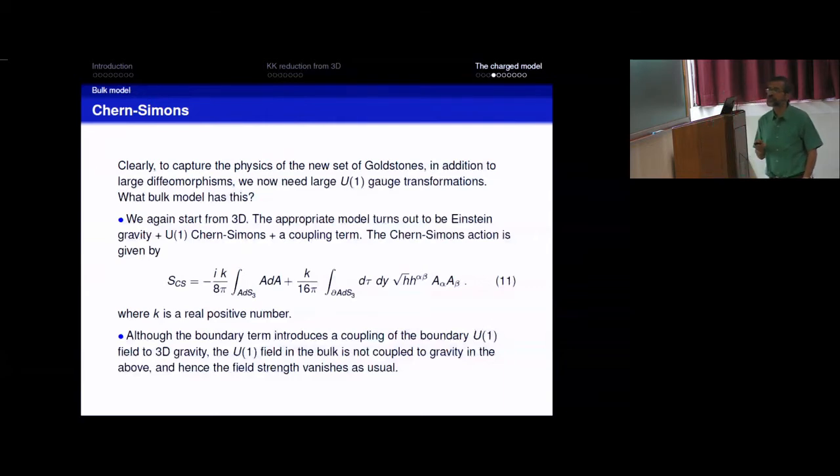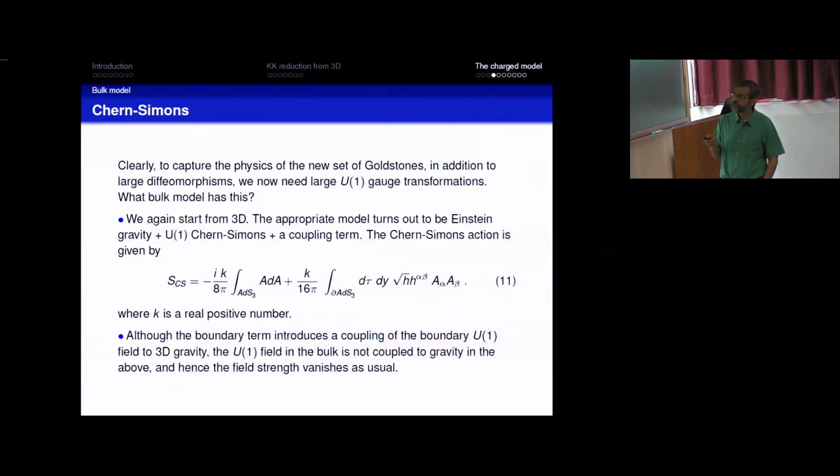Okay, so the Chern-Simons action is given by this. So this is a boundary term which is possible to add in asymptotically AdS3 geometries. So this K is a real positive number here, where K is an integer which is required by gauge invariance. But this is SL2. So this is U1. Ah, I see. Right. So now, although the boundary term introduces a coupling of the